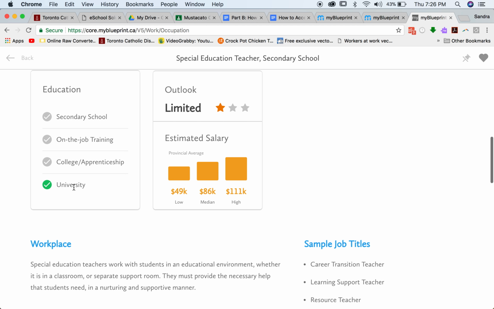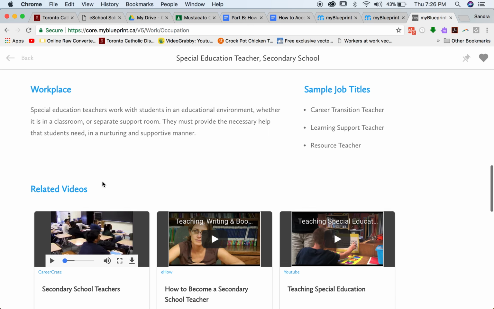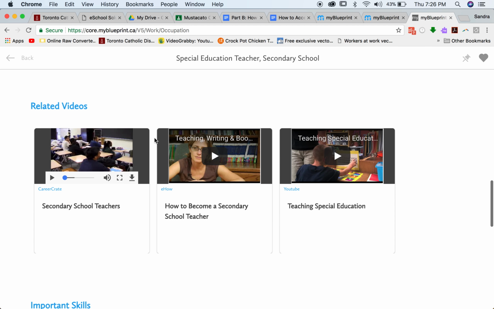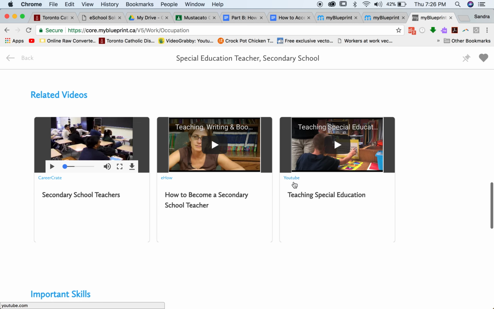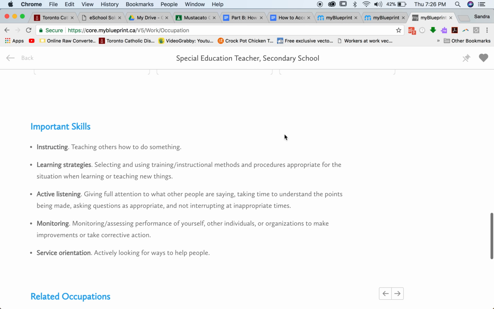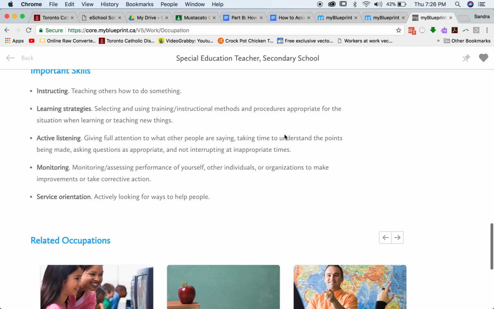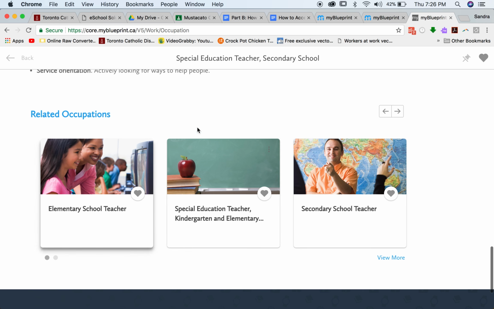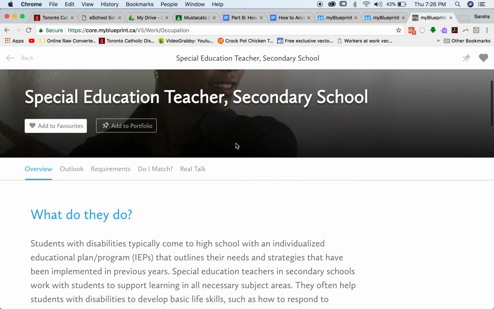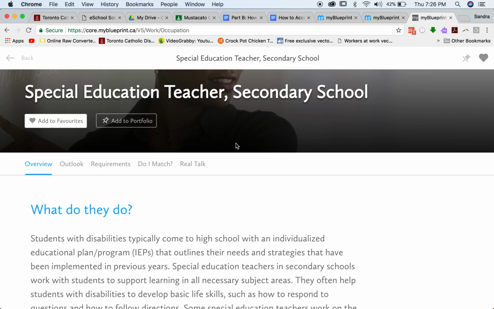So in here the pathway is university, and then it gives you some ideas about things like what the workplace is like. You can watch videos about it, listening to people talk about their experiences being a secondary school teacher or special ed teacher. And then it tells you types of skills you might need and other occupations that are related to this. Once you know the occupation that you want, you can fill out the values career search handout